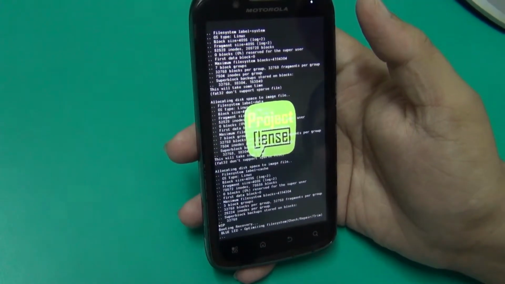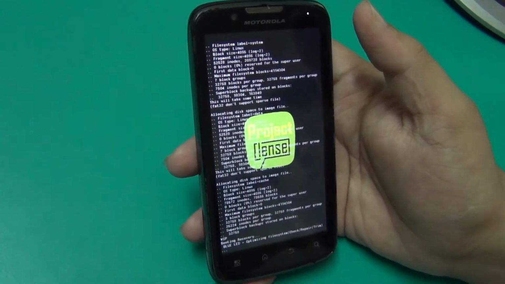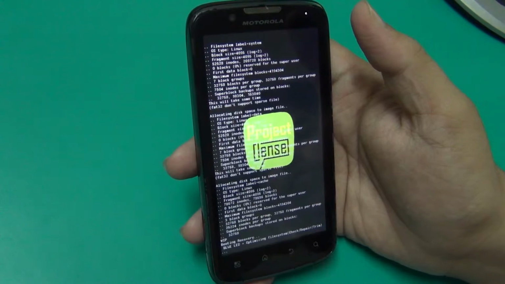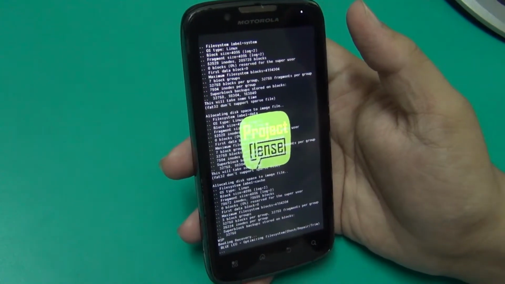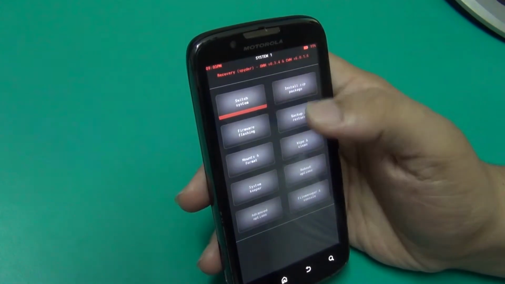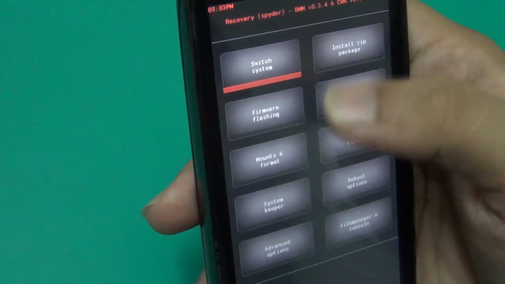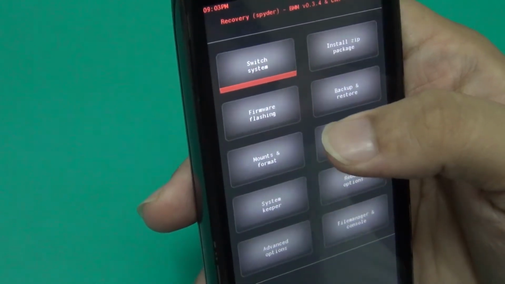From recovery you can install the ROMs, and if you want to install anything on any ROM, then you have to go to recovery, and in that option you can install any zip file, flash any app or install the ROMs. The main thing is, you are on system 1 when you go to recovery option.